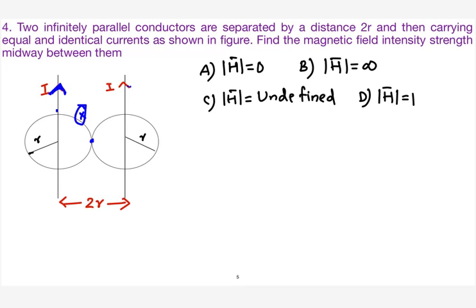Very good. So when you are placing the same thumb, this time, since the observer is on the left side, your other fingers are pointing outside when it reaches the observer point. Correct. So it is pointing outside. Because it is located at equal distance, the same magnetic field magnitude will be there. One will be pointing inside, one will be pointing outside. So the resultant magnetic field will be straight away 0.